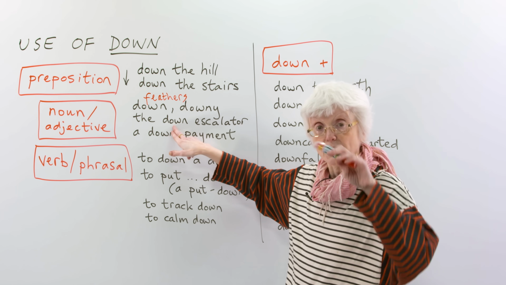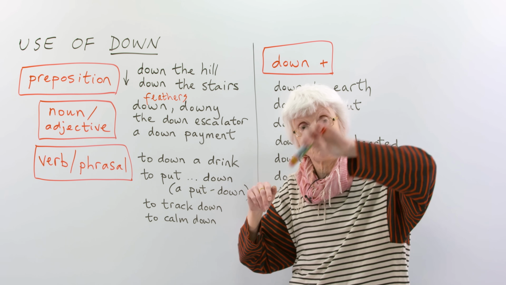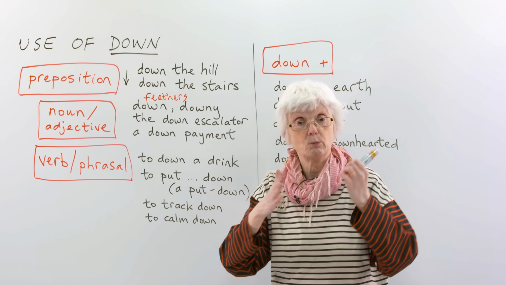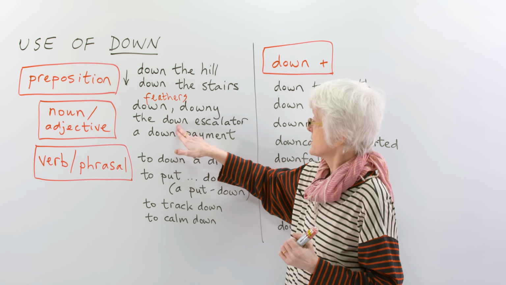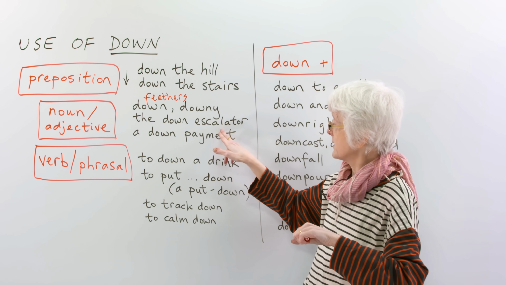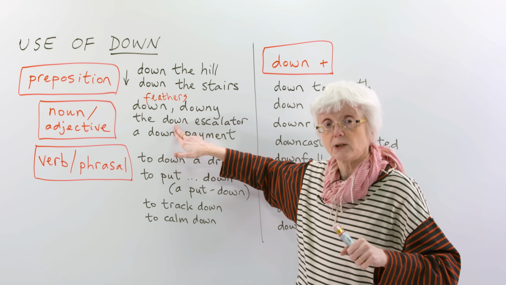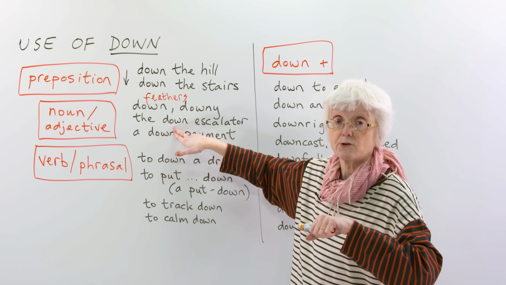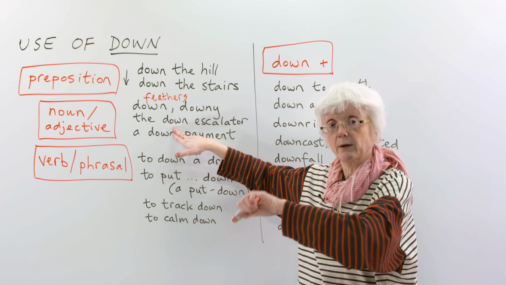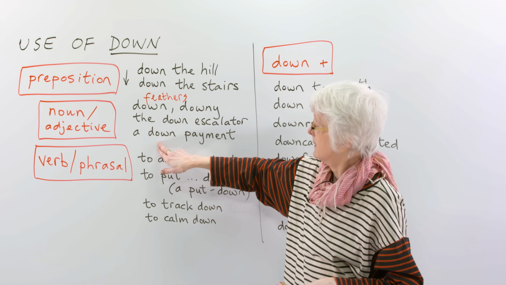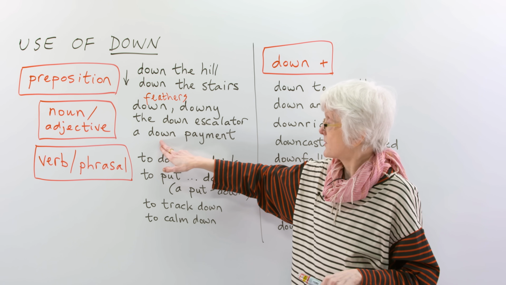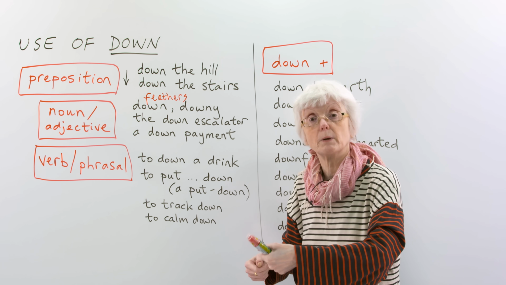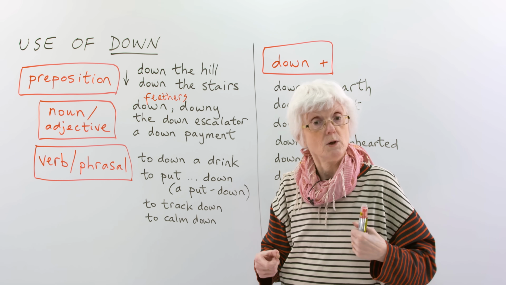So you can have the down escalator, the one that goes down. You can have the up escalator, the one that goes up. So the down escalator, down is used as an adjective to describe which escalator it is. It's the one that goes down. Okay, and then another use as an adjective,